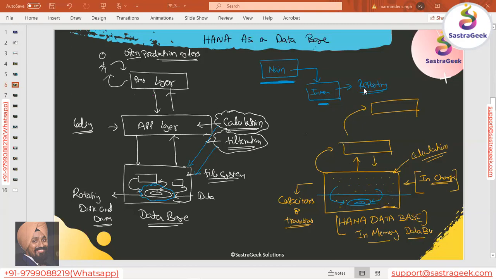SAP had to give some name to these layers, right? Even I don't know why they have given this name, but they called it a hot layer, and they call it a warm layer, and then there is a backup outside the HANA database, which is called a cold layer. They called it a hot layer because all of your user-related transactions happen there: when the user is inserting data, it is inserted here, and when the user is reading data, the user is reading from here in memory. The in-memory part is the faster part.